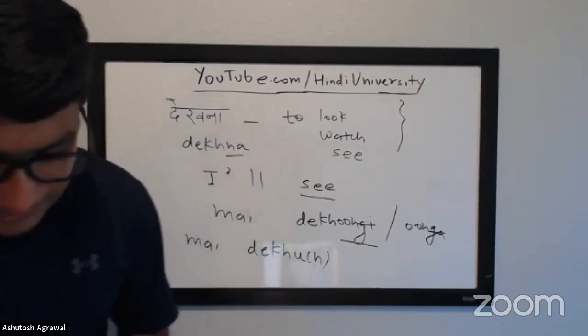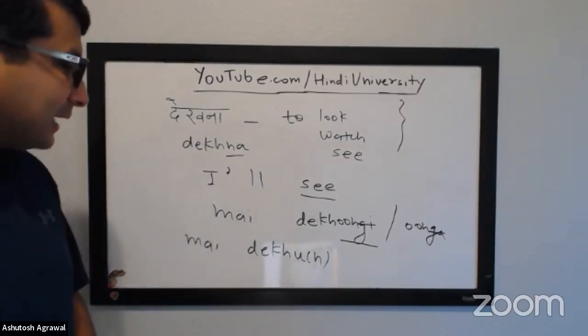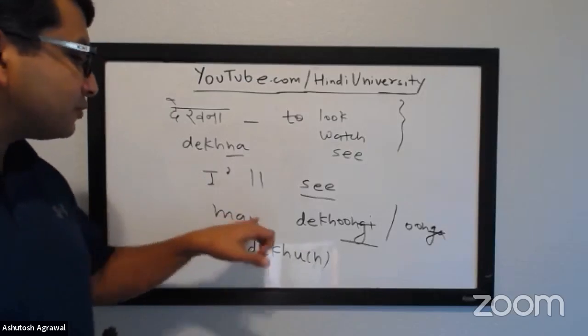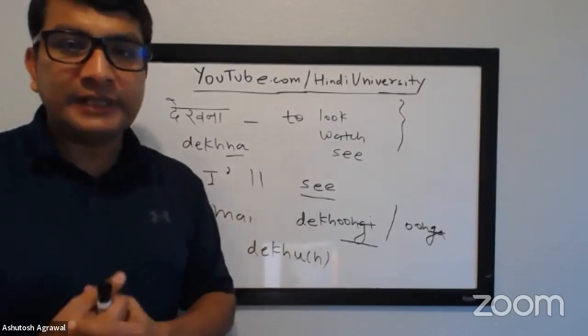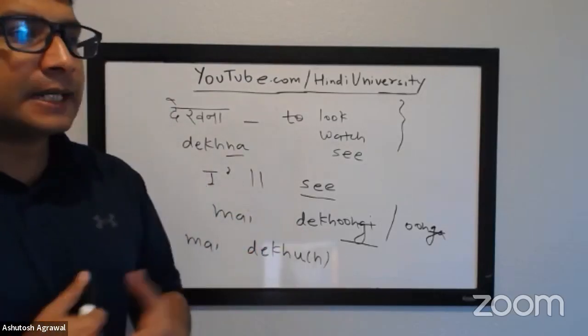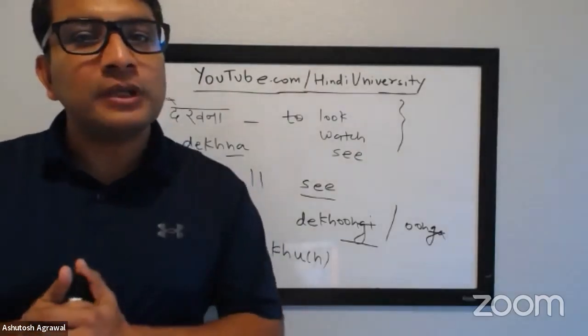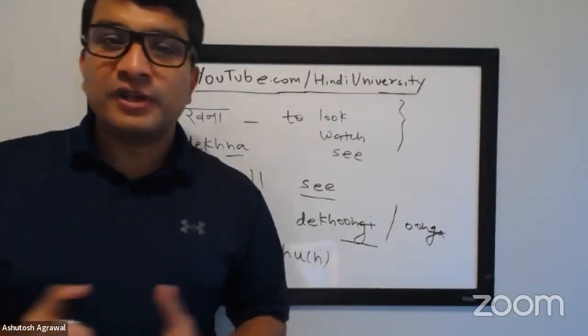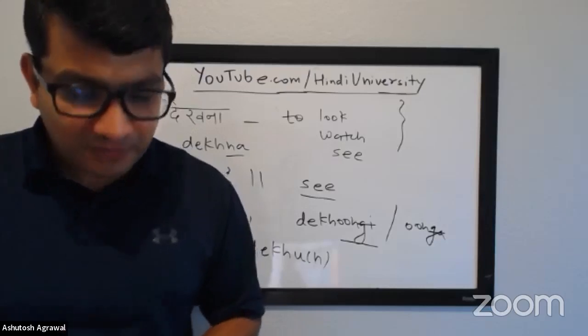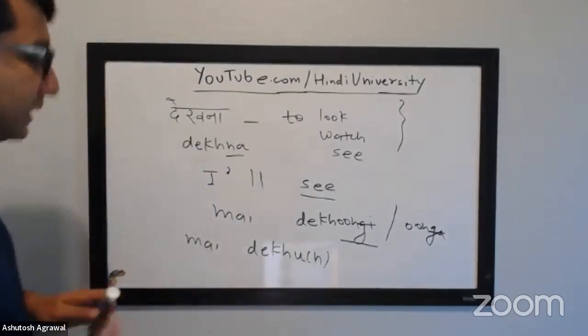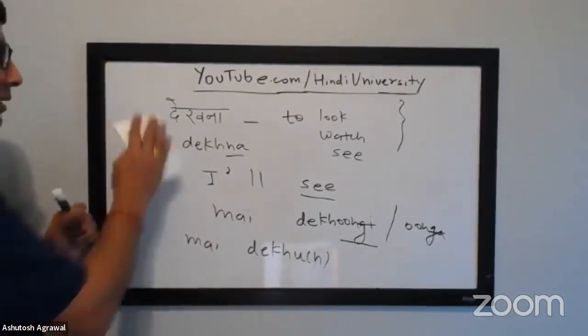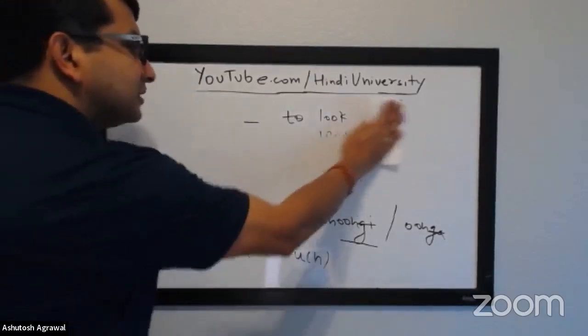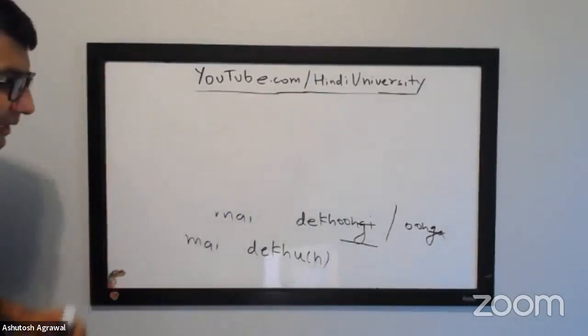Okay, and that's the goal of this class. If it is a case zero, which is when you're saying मैं देखूंगा or मैं देखूंगी, that means I will watch, like I will watch a movie, मैं movie देखूंगी, or मैं movie देखूंगा, I will watch a movie. But now let's talk about case number one, and I'm going to ask you, rather than telling you, what do you think it means?